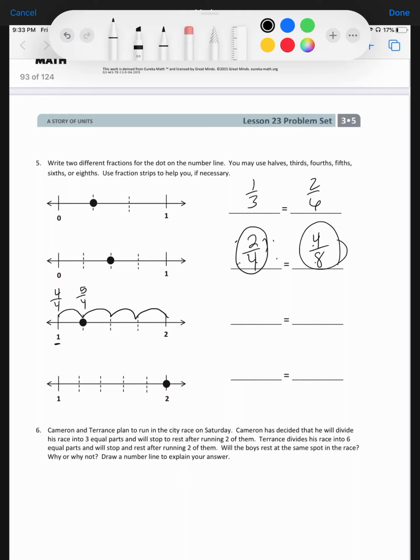You need to count the jumps here first to determine what your fraction is going to be at 1. Okay, so because there's 4 jumps between 1 and 2, we know that it's broken into fourths. And so the equivalent of 1 is 4/4 when we're breaking it into fourths. So it would be 4/4. So 4/4, 5/4, 6/4, 7/4,